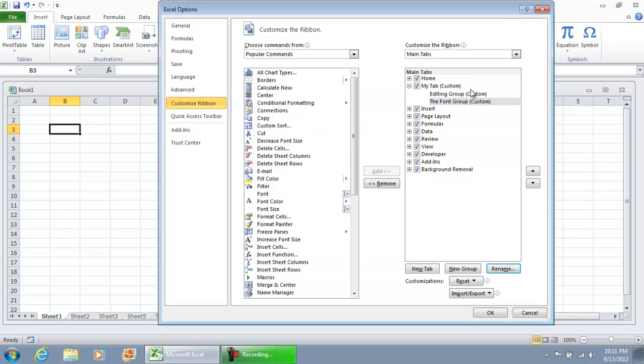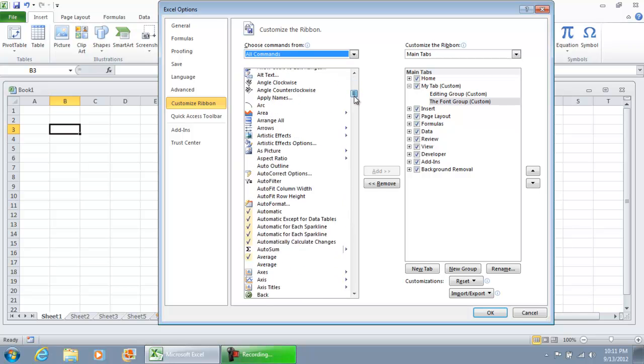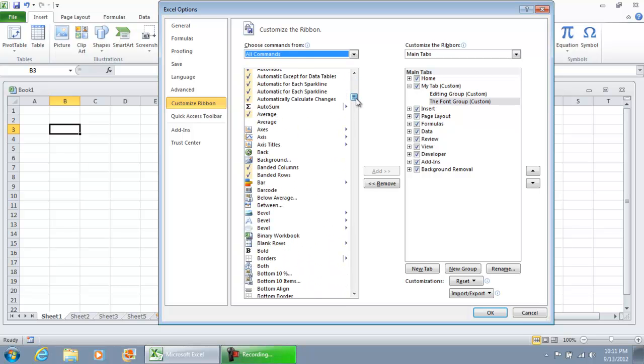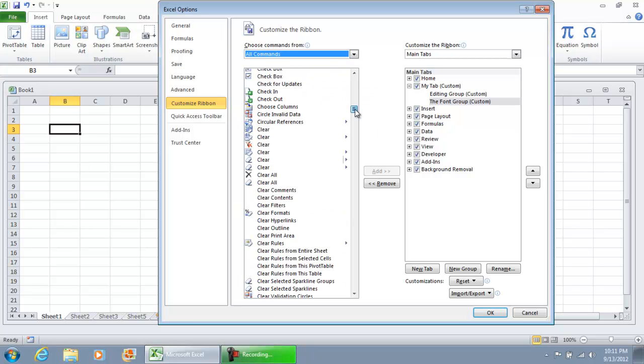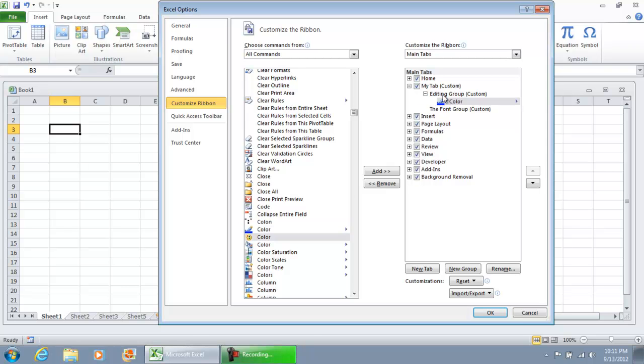Now what we can do is you can drag over commands that you might want. And you notice up here on the top left there's commands to choose from. These are the most popular commands, but you can do all commands. And I'm not going to spend a whole lot of time on this, but whichever command you want, let's say we want color, just drag it over to the section you want it in. Put this one in the editing group. And in the font group,